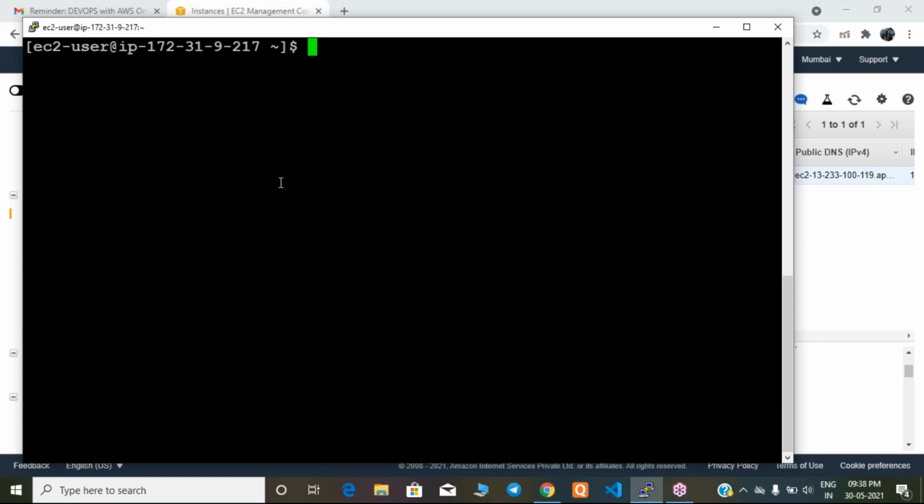There are multiple ways, guys, to create a user. Some automation tools are also there, but right now that's out of scope. Manually, how to create, I'm showing by logging into your server. For example, today Abhijit joined my project. Abhijit is from the development team, so compulsorily Abhijit's user should be there. We don't provide EC2 user for everybody, guys. We'll create the users. Let's see how to create the Abhijit user.